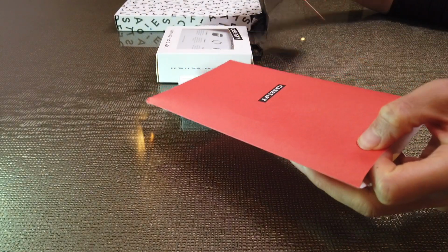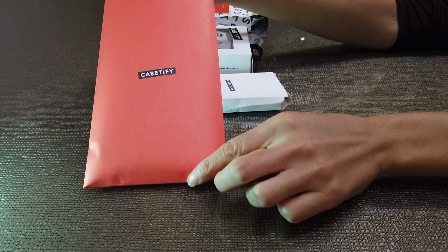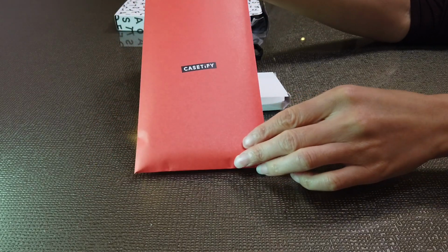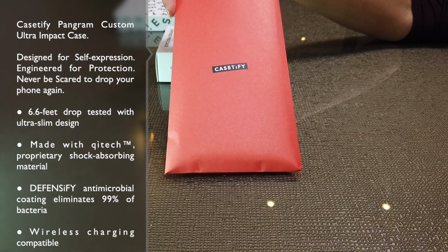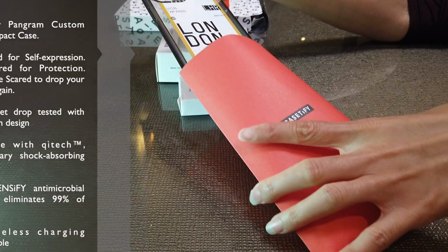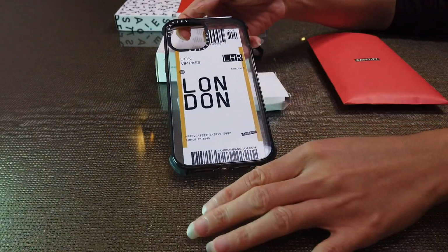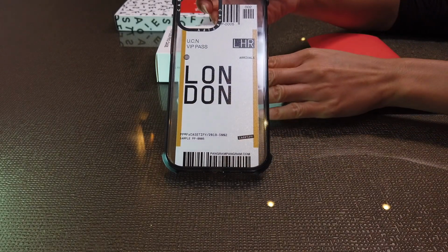Okay, I did go for the Pangram design. I went for where you've got different countries. I went for London case, which is, oh, that looks nice, absolutely beautiful. It's very nice. This is the ultra